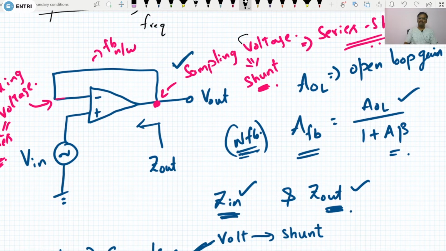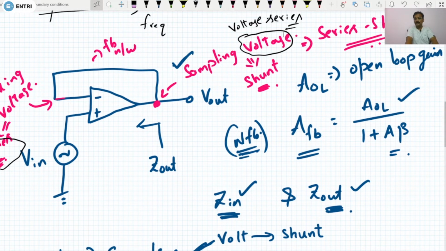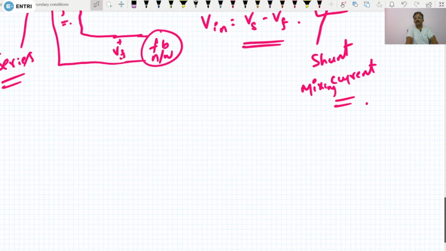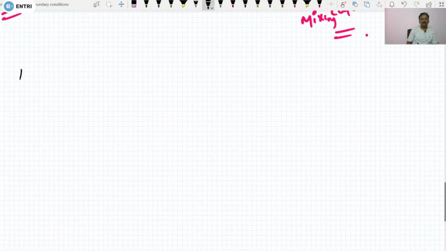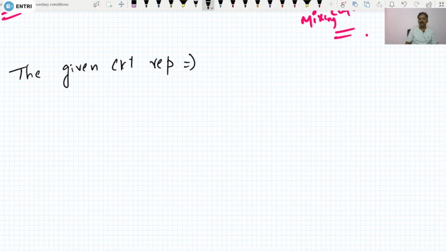Or we can call it by what you are sampling at the output, which is voltage, and at the input the connection is series. So we can call this a voltage series connection, right? We can call it series shunt, or we can call it voltage series feedback. So the given circuit represents either series shunt,